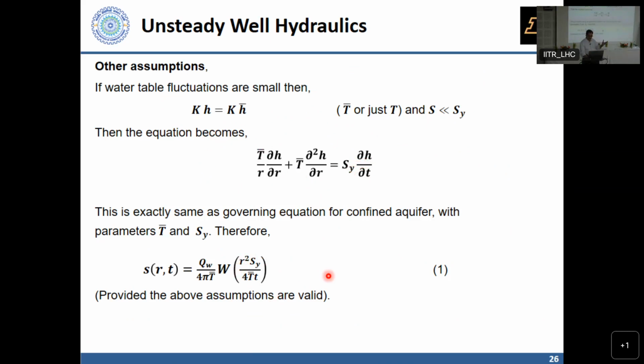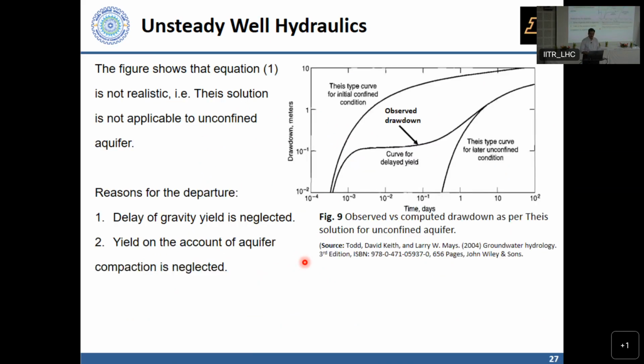So if all these assumptions were met, then this solution would be possible. But what actually happens, or what's typically observed in reality, is that if only aquifer storativity, S, were involved, you would get this as the type curve in the Theis method. If we were only going to be using S sub y, we would get another kind of type curve. When we look at what is happening in an unconfined aquifer, the drawdown follows